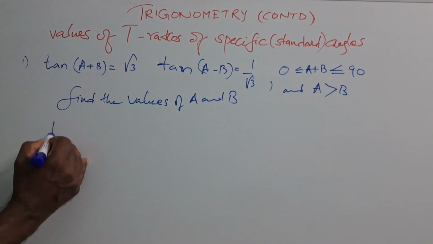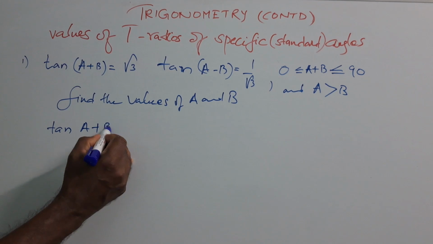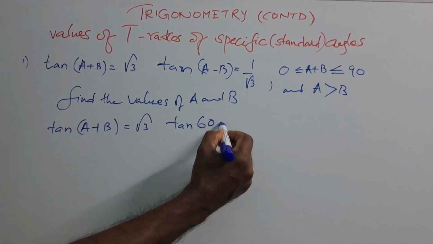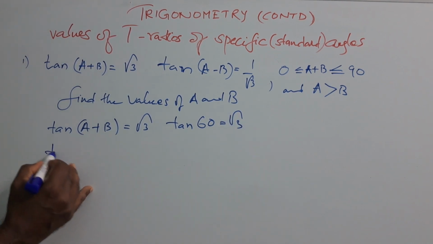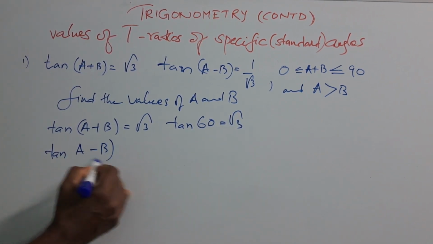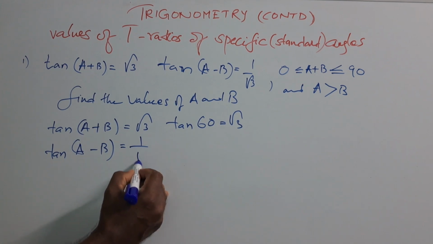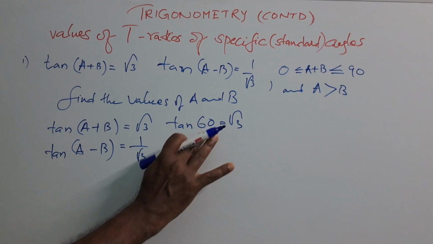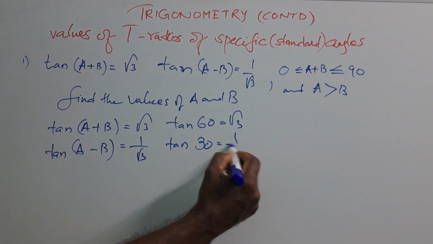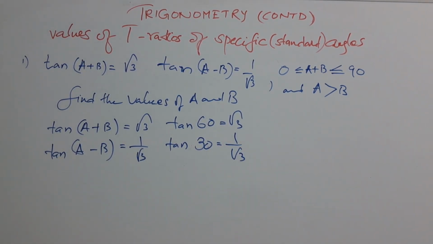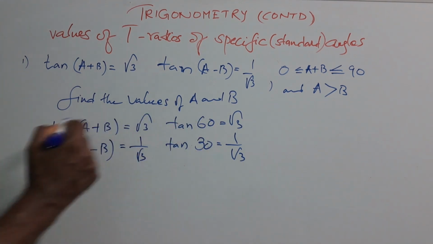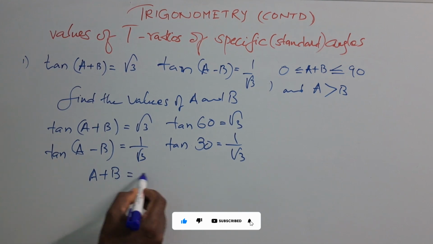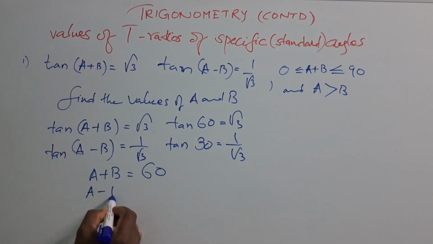It is given that tan (a plus b) equals root 3. We know tan 60 is equal to root 3. Tan (a minus b) is equal to 1 by root 3, given in the question. We know tan 30 is equal to 1 by root 3. Comparing these two values, we can conclude that a plus b is equal to 60, a minus b is equal